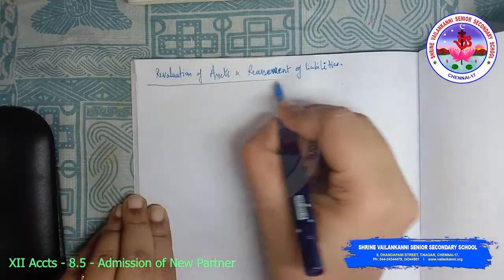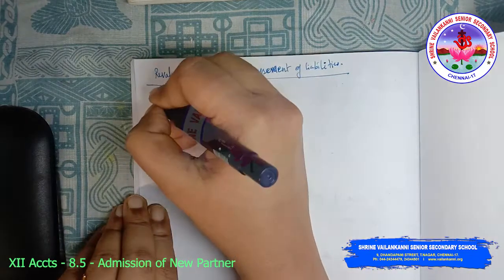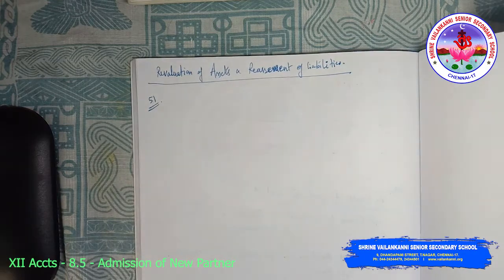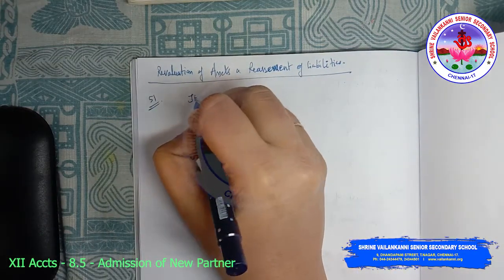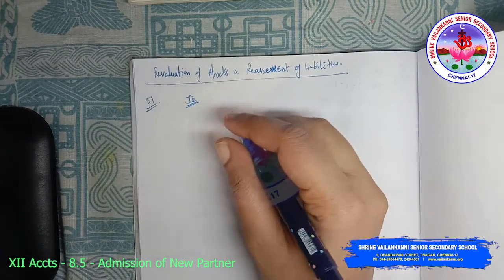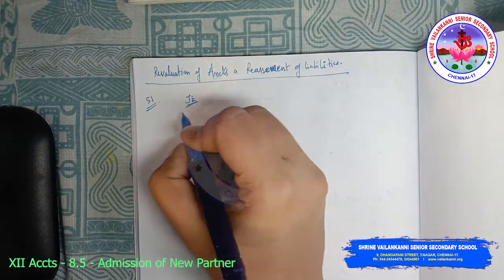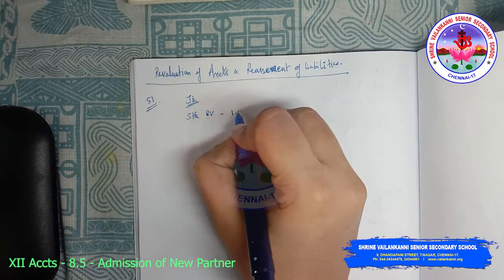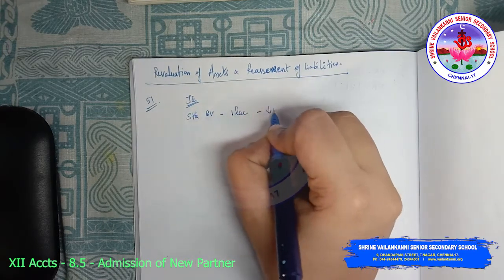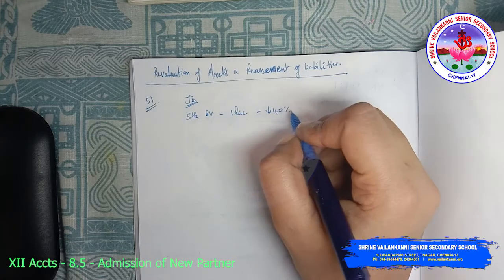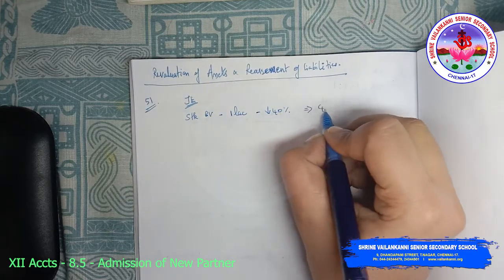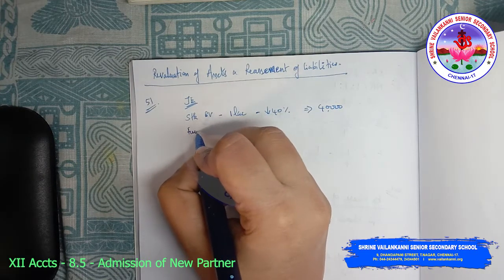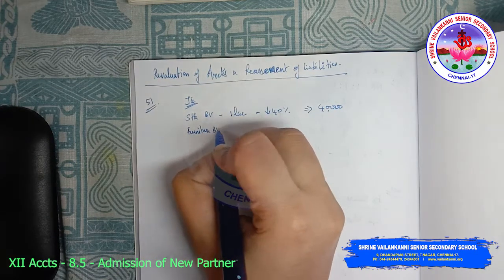Okay, so under this, problem number 51, we are supposed to write the journal entry. So what does the problem say? It is saying that stock book value is 1 lakh, but it is to be reduced to the extent of 40%. So stock turns out to be 40,000, and you have furniture which has a book value of